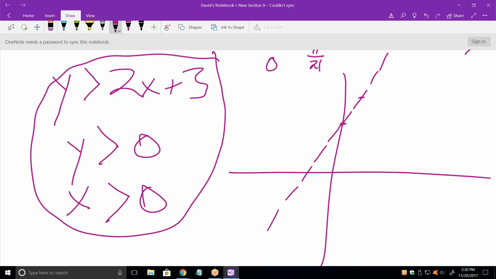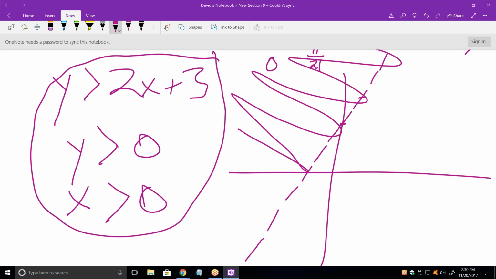Now, which way am I, above or below that line? You're going to be above it, aren't you? And now they say also y has to be greater than 0. Well, I think that doesn't narrow it down anymore. And x has to be greater than 0. That does narrow it down. Now my solution set is strictly from there